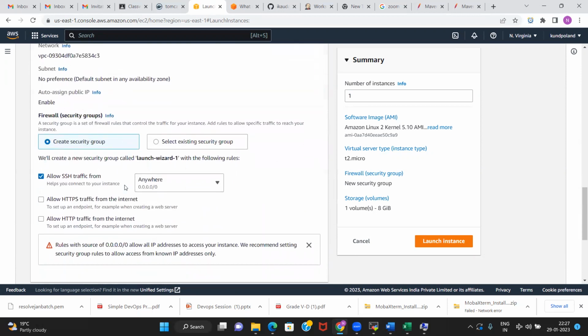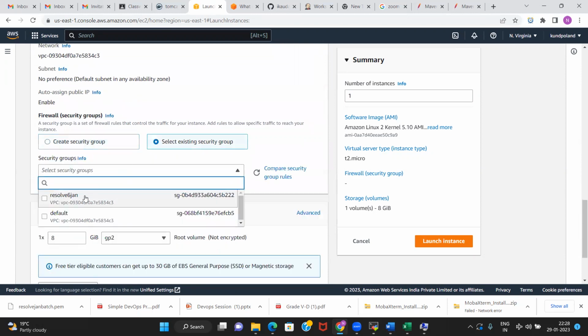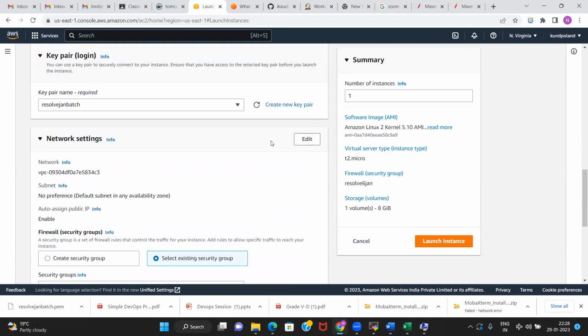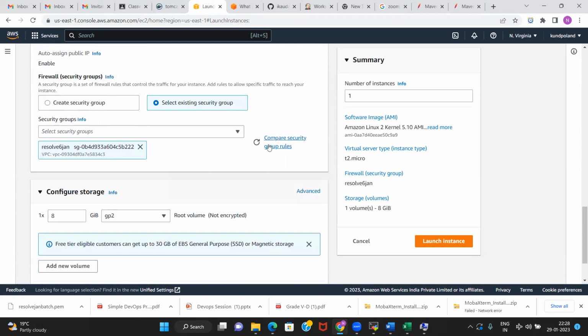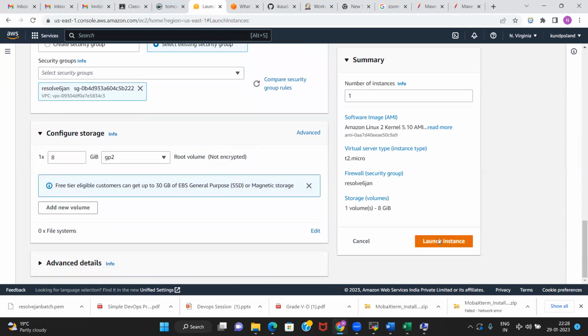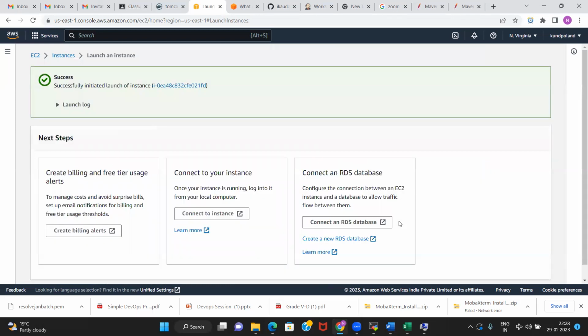Also the existing security group, if we have any. Yes, I named the security group. I want a similar kind of setup for Tomcat. I just need to open port 8080, so I'm using the existing security group. This time I'm selecting the existing security group. At Jenkins time, we created a key pair and reused it. We created a security group and reused it, and I named it as well, so that security group is available for us. Now launch the instance.